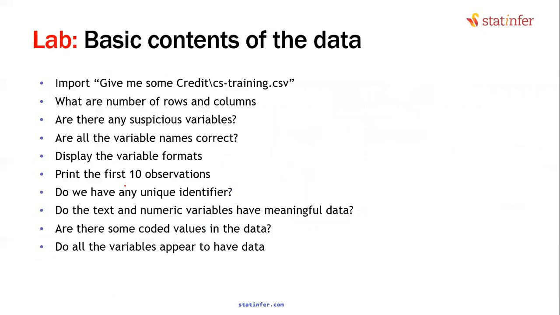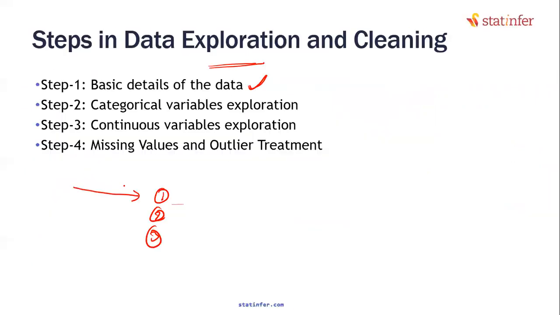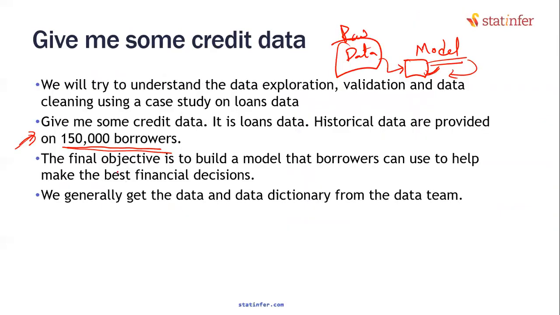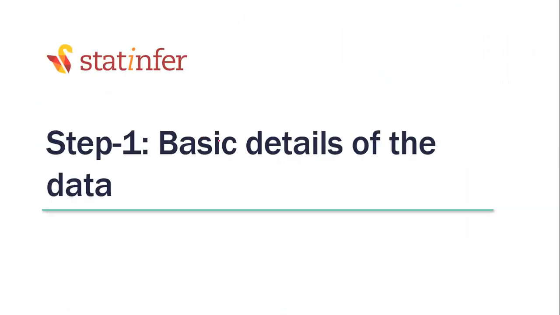Overall number of records: the business told us they gave us 150,000 borrowers' information. Do we have it, or did we get only 100,000 or 90,000 or something like that? Have we got all these records? Yes. Correct. Okay, that is the first pass.